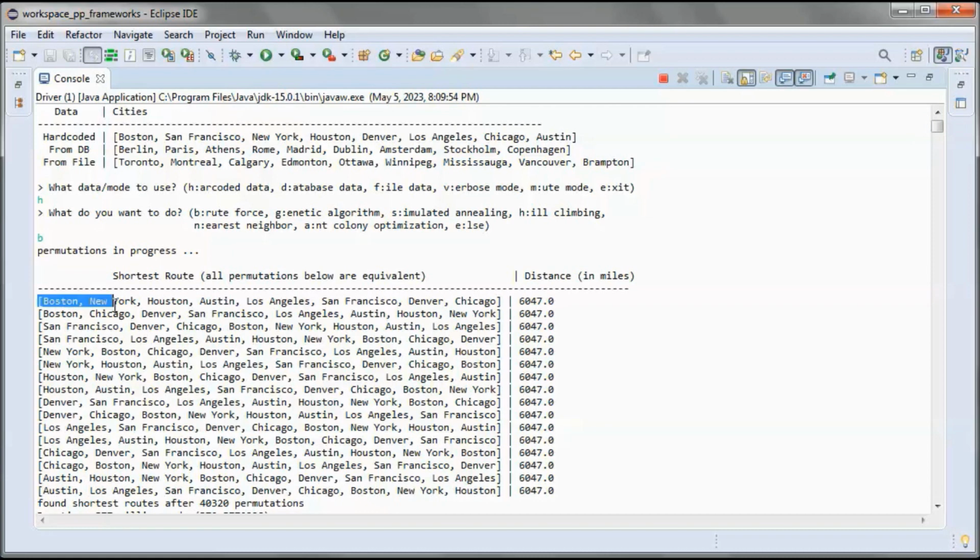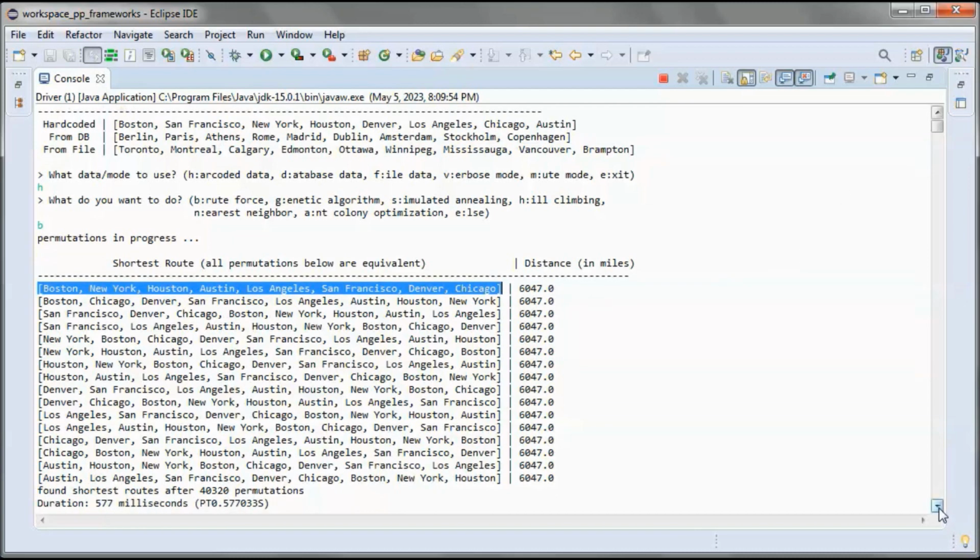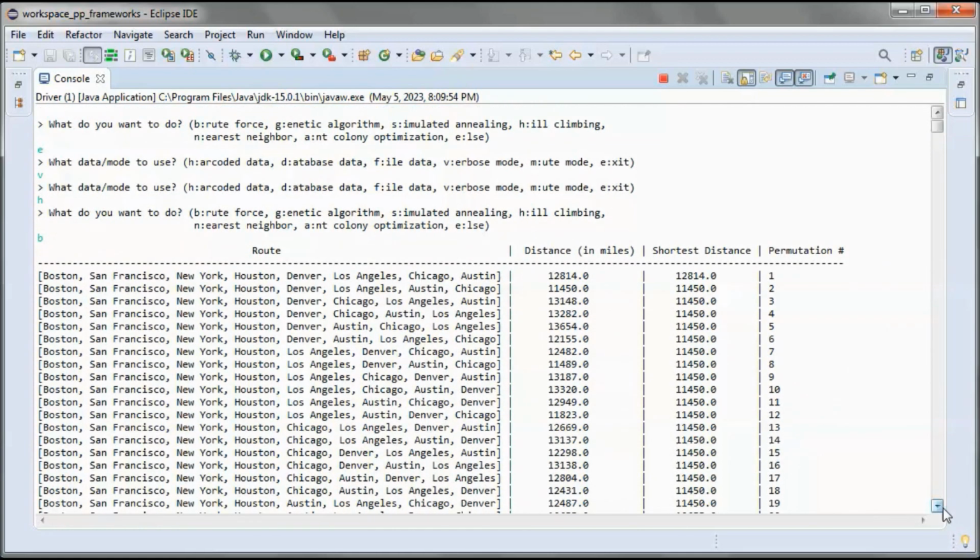So we started with this one as the first permutation, and it has this distance in miles.